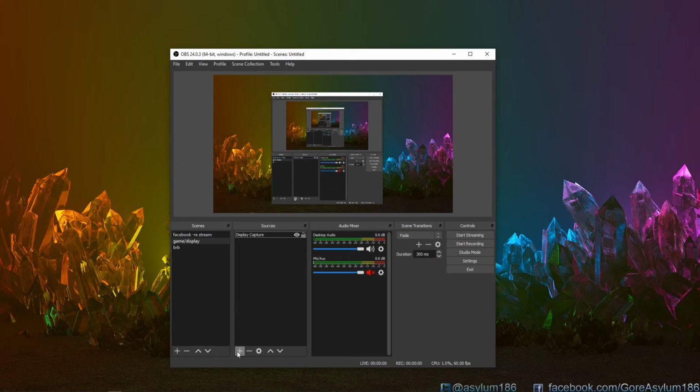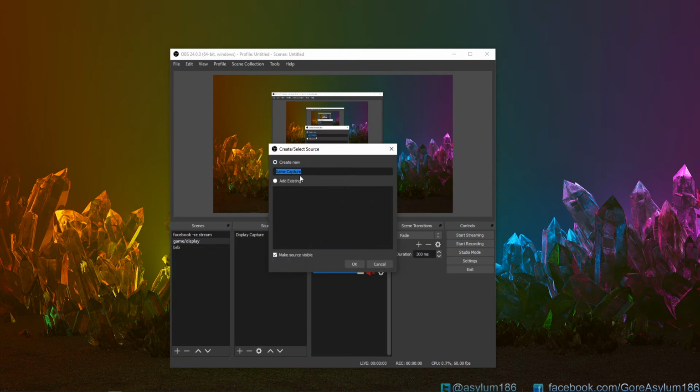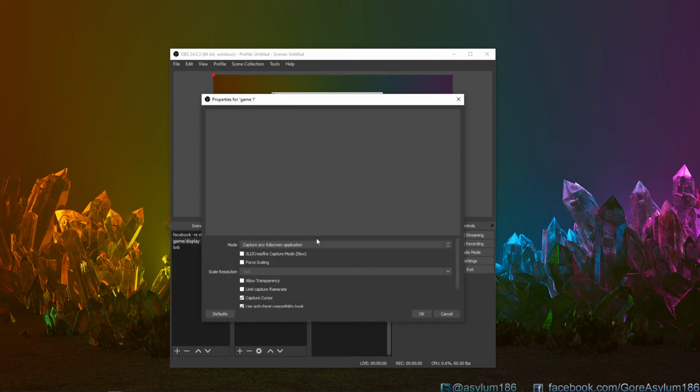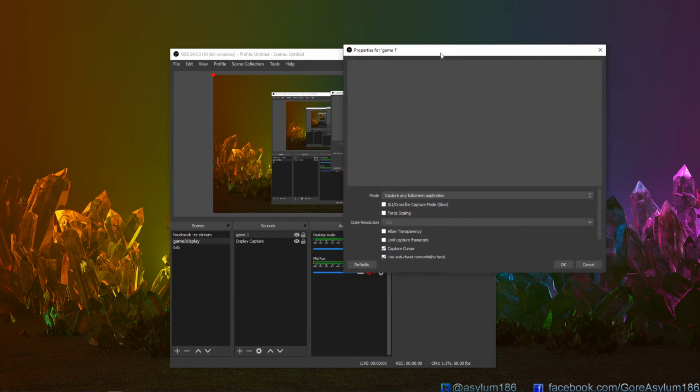Also, it doesn't always work. It might not update or something like that, so that's why I use display capture. But for game capture, for example, you want to create new. Let's call it game 1. I'm not really going to bother with what it is, but what you would do, so you've got this open, up and running. Once again, a good reason to use two screens. If I was to drag this over to the second screen, then run the game on the first screen, the game capture,